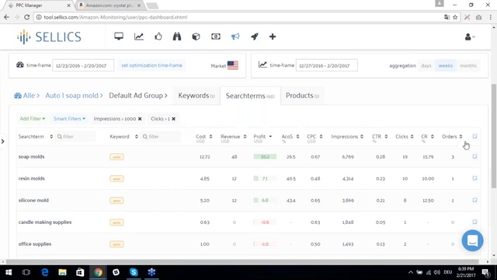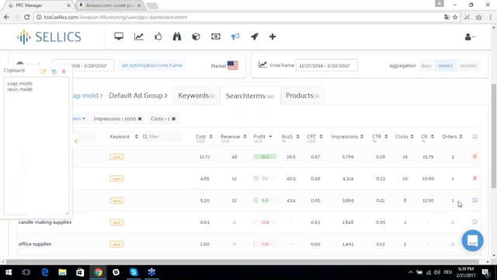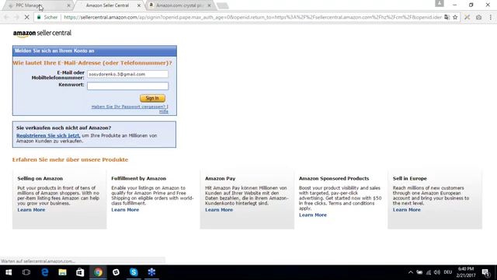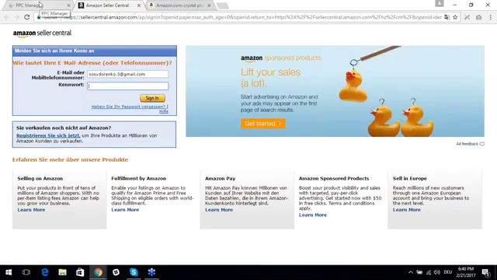And then finally, once you've done, all you need to do is go through the list of remaining search terms, and you just click on this button here on the right side for the search terms that you wanna copy, right? So you click here on soap molds, resin molds, and so on, and then you'll see there's a little clipboard here on the left side. By clicking on the button, you add those search terms into the clipboard here, and from there you can just copy the content of the clipboard and go to Seller Central, and actually it will take you directly to Seller Central to this campaign, and then you can just log in and then paste the search terms into